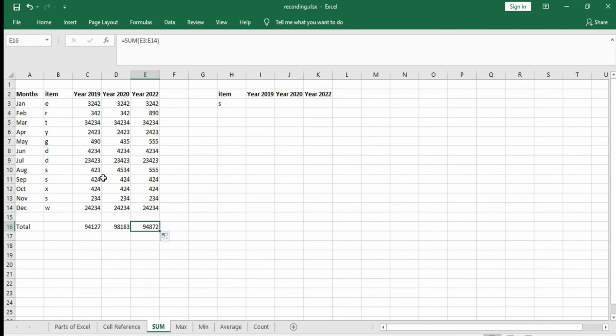If the data is available in different cells, how can we apply the sum function? Let's see. First you have to select the cell, then click on the formula. Here we are finding the sum of the values available for the S item. We want to add these three values: 423, 424 and 234.